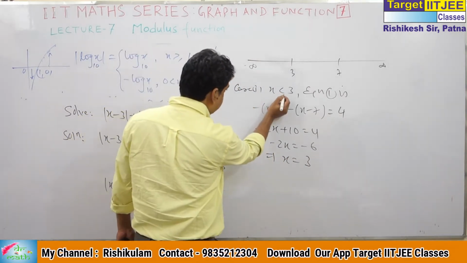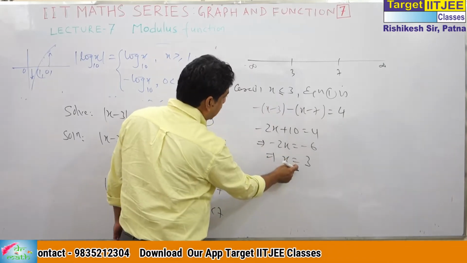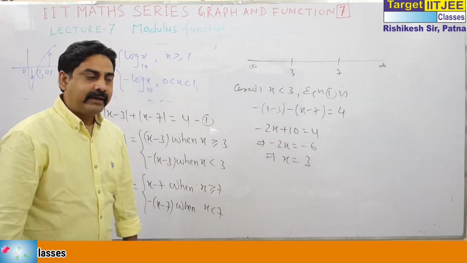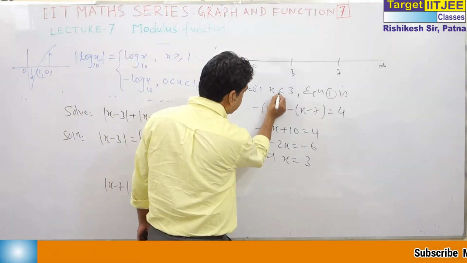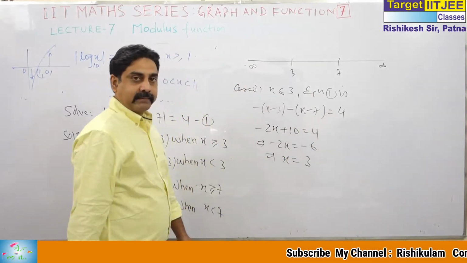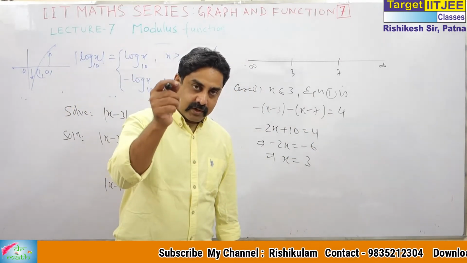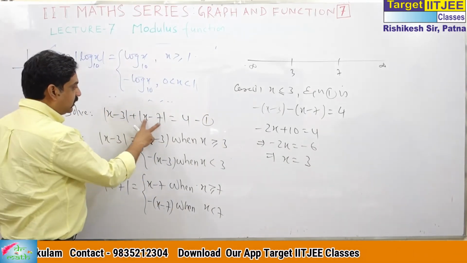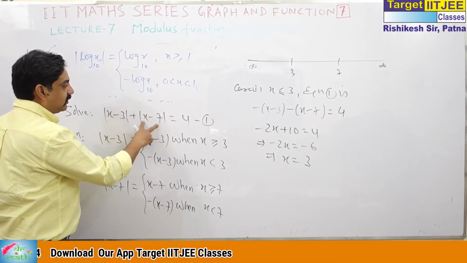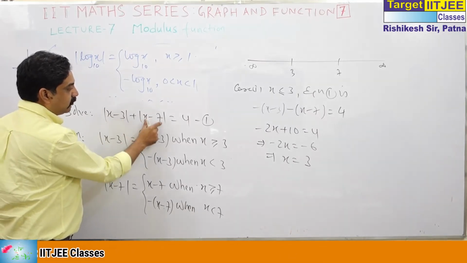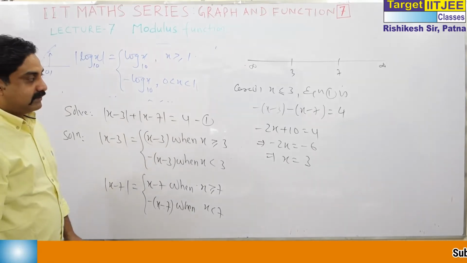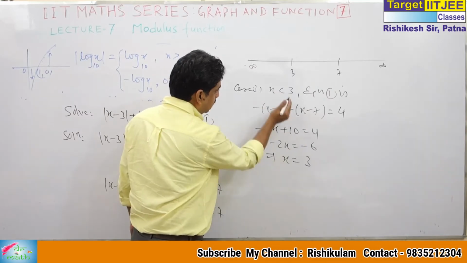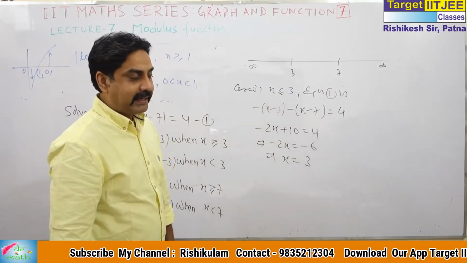If we consider the equal sign here, this is the answer. Since we do not consider the equal sign here, this is not the answer. But I have said you can take the equal sign. So take the equal sign, this will be the answer. If there is confusion, you can check point-wise. You can see x is equal to 3 satisfies this. And 3 minus 3 is 0, 3 minus 7 is minus 4, modulus of 4 is 4. So it is the answer. This is conditional, I have said.